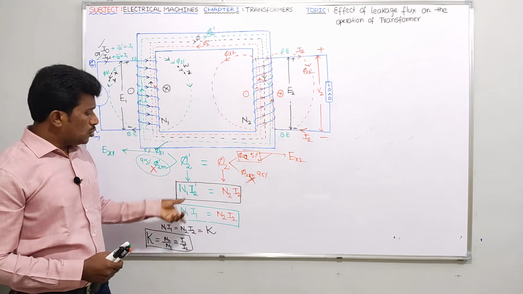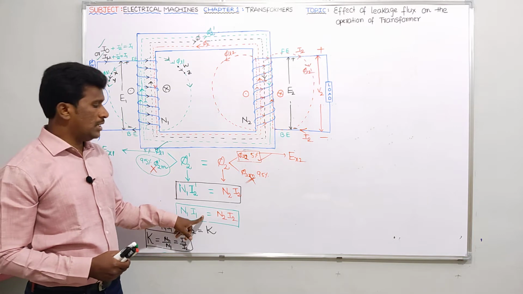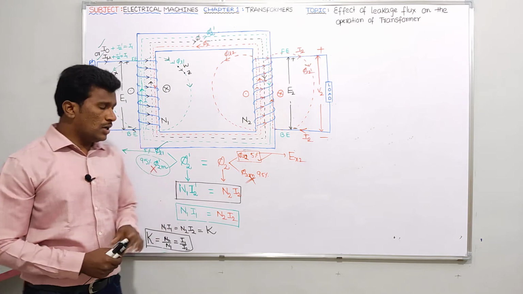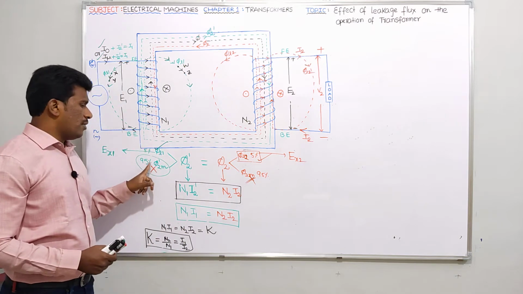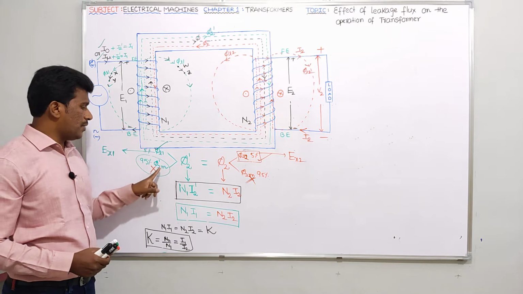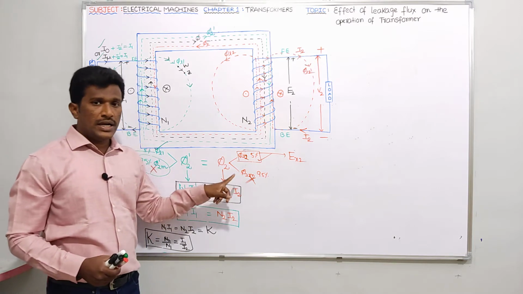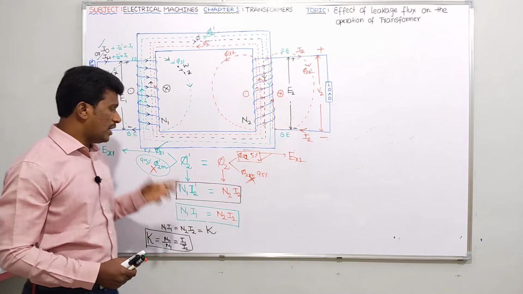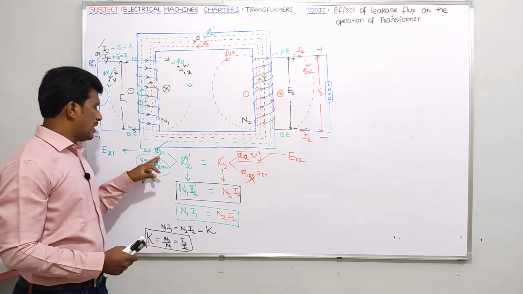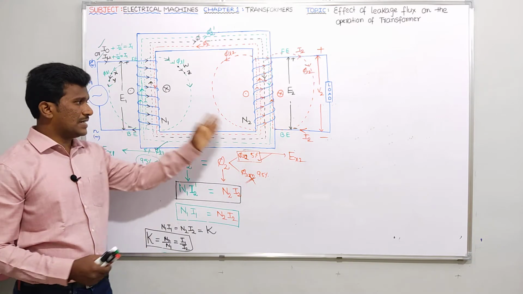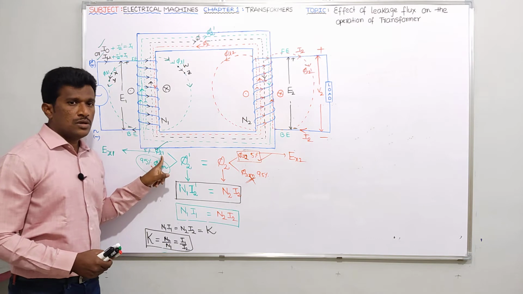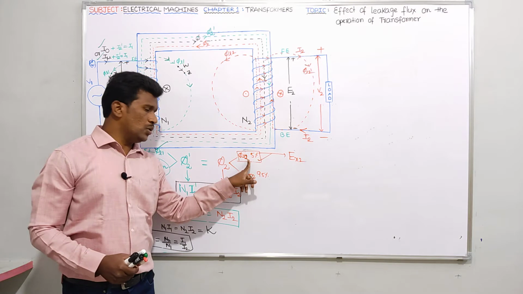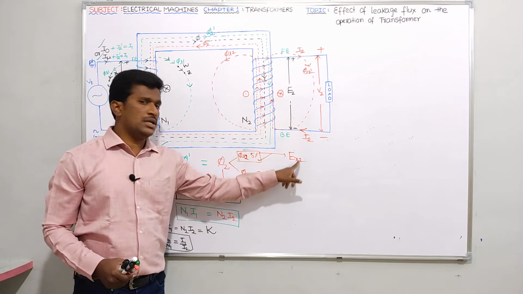Okay guys. Though you maintain this condition, I said clearly that 100% of phi 2 dash and 100% of phi 2 will not cancel with each other. Only 95% of the mutual flux component of phi 2 dash, nothing but phi 2 dash m, will cancel with 95% of the mutual flux component of phi 2 m. Whereas 5% leakage flux components like phi L1 and phi L2 will be there in the primary and secondary sides. Because of phi L1, you get an EMF like EX1 in the primary side, which is useless. Because of phi L2, a useless EMF EX2 will be induced in the secondary side.